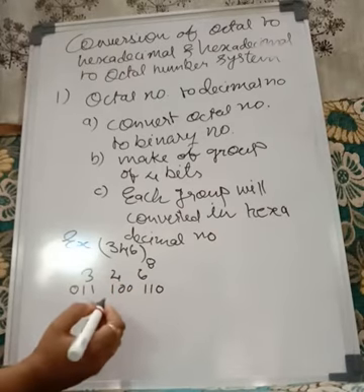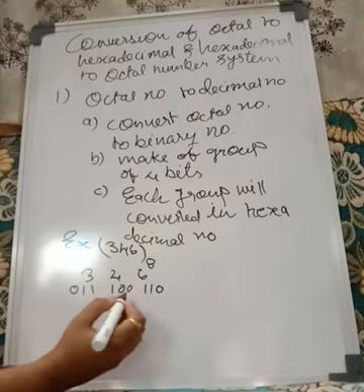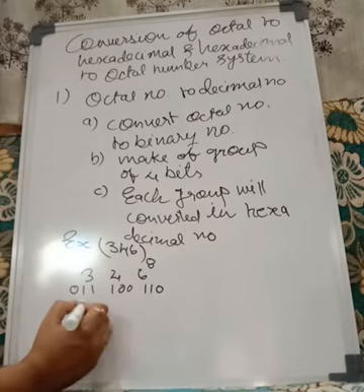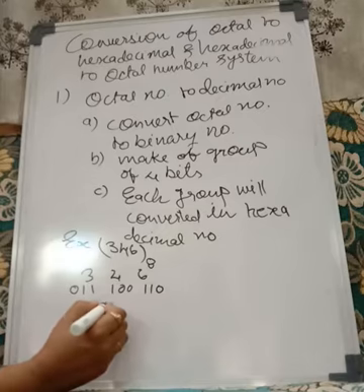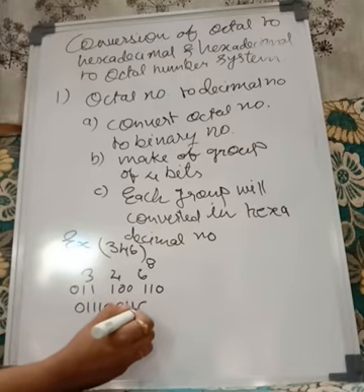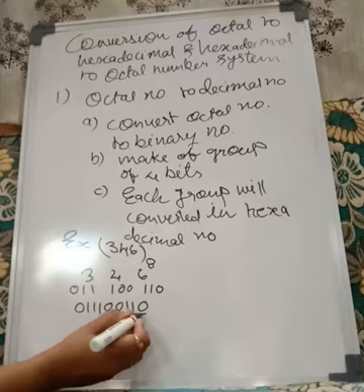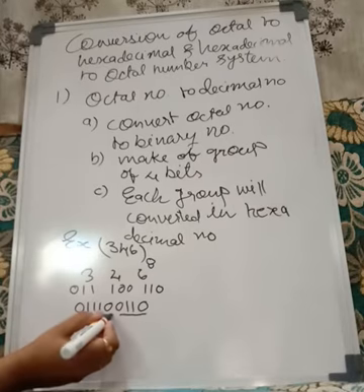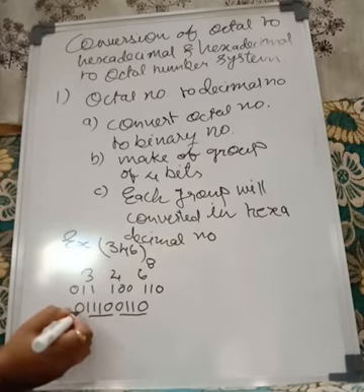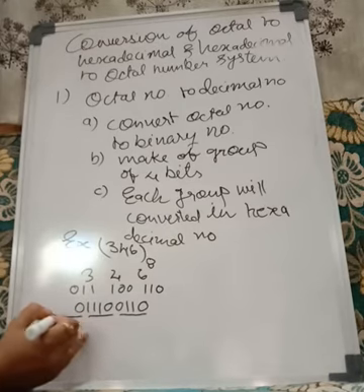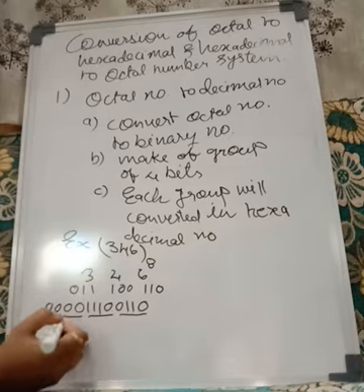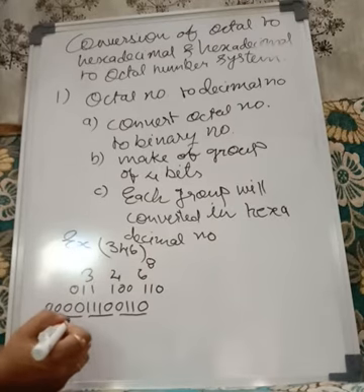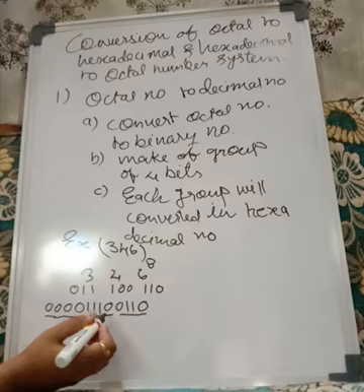Okay. Now what I'll do? I'll combine these and my number becomes 0, 1, 1, 1, 0, 0, 1, 1, 0. Now I'll make a group of 4. This is first group, this is second group, and only 0 is left. So again we'll need to do a group of 4. So we are going to add 3 zeros over here so that it becomes a group of 4. So this will be simply 0, and this will be,